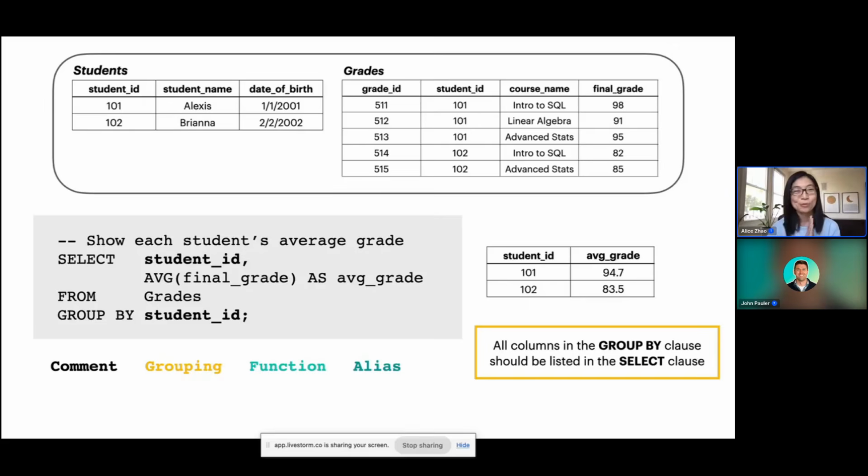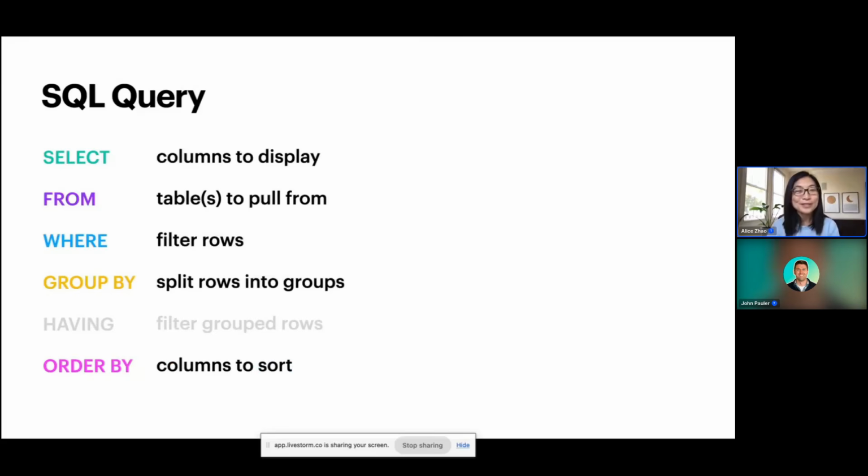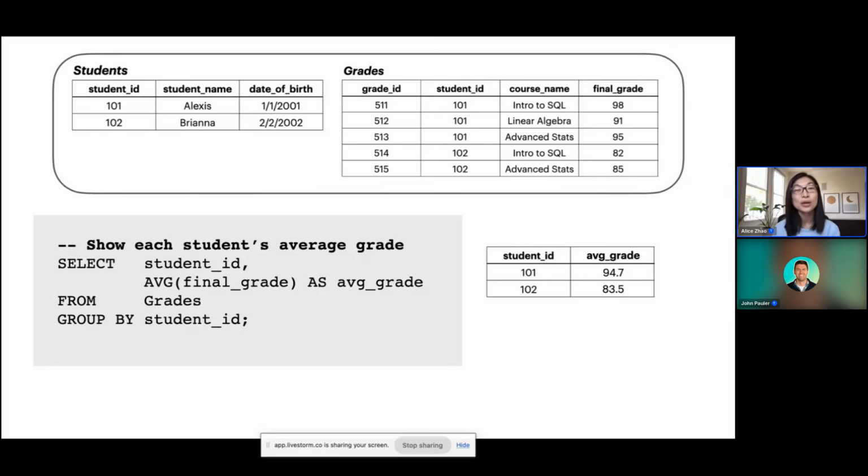Okay, so we talked about group by. Now let's wrap it all up and talk about having. So this is the code that we just went through to understand the group by, and this gave us the table on the right. From here, we can add a line for having. In this case, we're going to say, from this table that we just output, only give me the rows from this output table on the right where the average final grade is greater than 90.